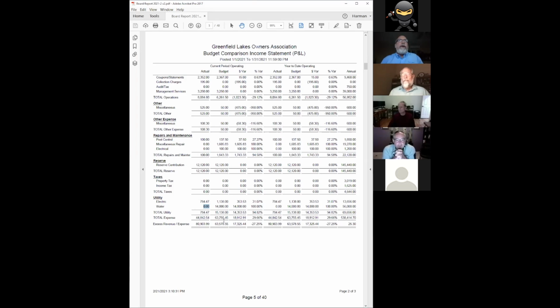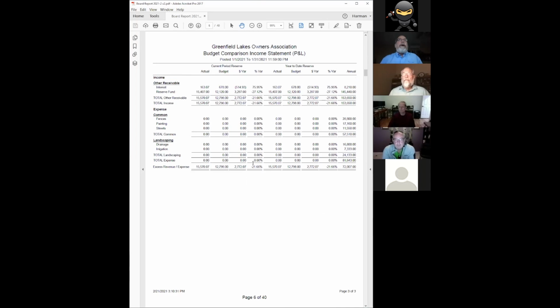So total expenses shows under budget by $18,912. Take into account the water, which is $14,000 of that, and some others. We were significantly under budget by about $3,000, a little between 3 and 4 if you take the water out, which you can now take our net or our net reserve contribution. Excess revenue over expense, as it shows. If we were a nonprofit, that would be profit, but we are a nonprofit. We were $17,000 good to budget. Take the water bill out, you're about $3,300 good to budget. So overall, for the first month, looks pretty good.